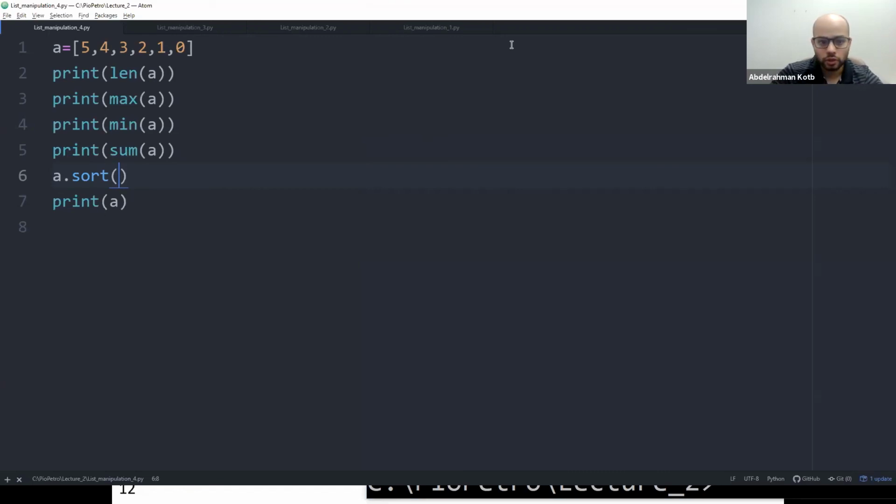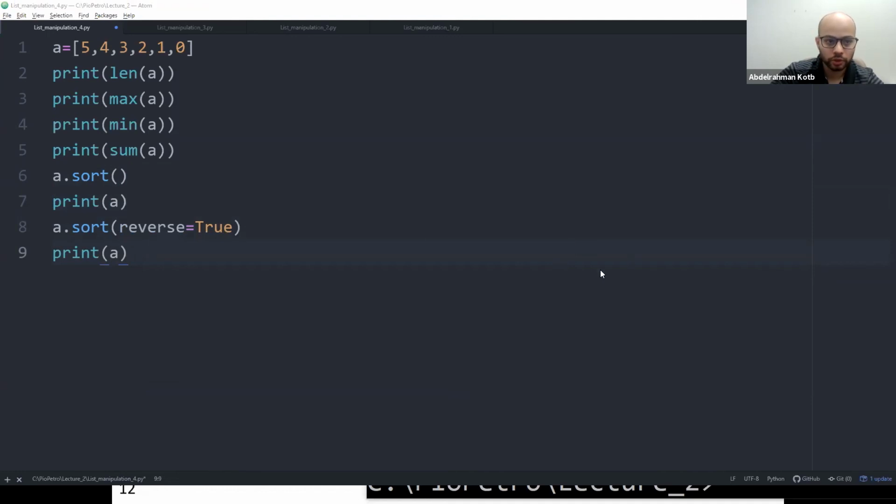Okay. So if I want to reverse it, what I can do is say reverse equal true, because by default reverse is false, and print a.